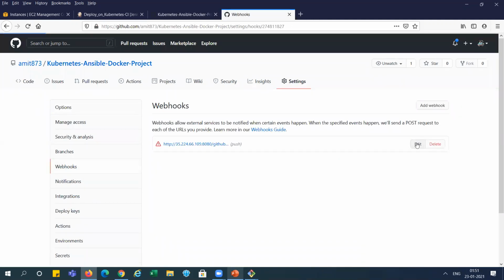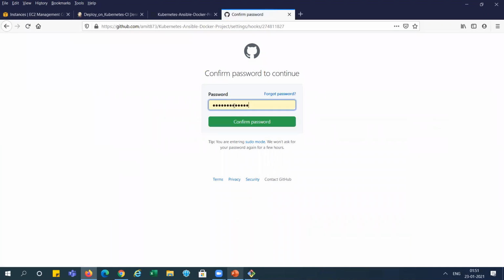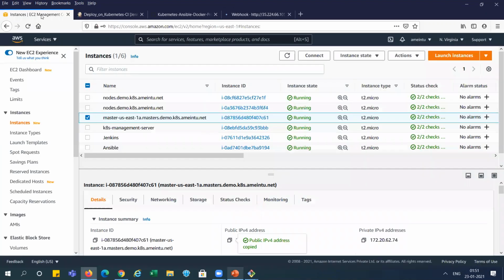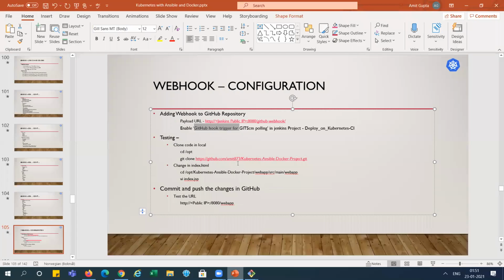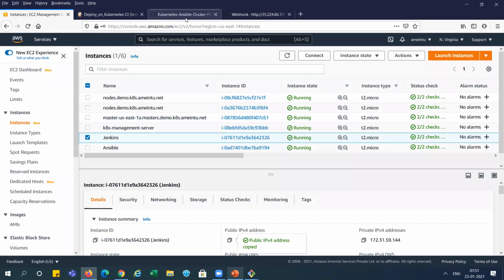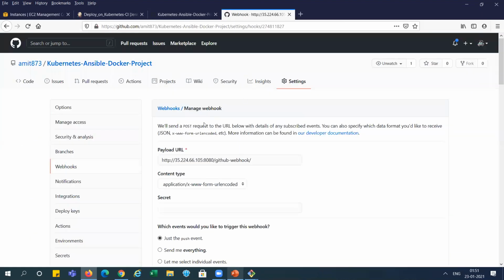We need to edit it, and I will add the Jenkins public IP. I will get the Jenkins public IP from here. I am putting it here.